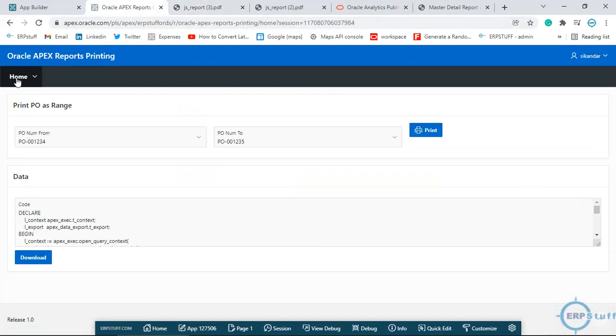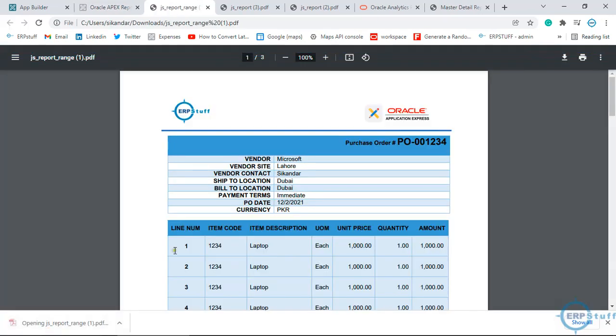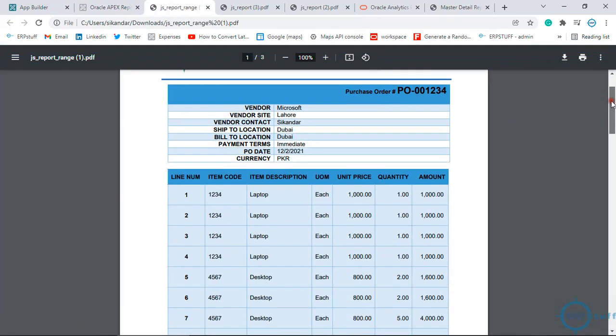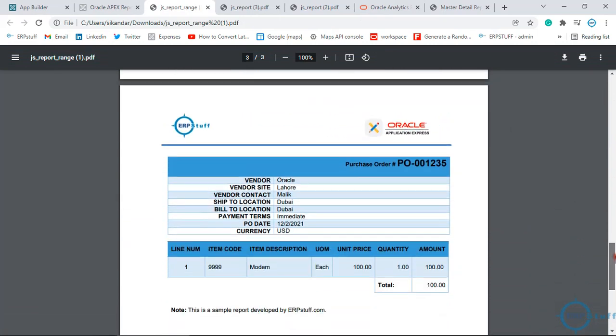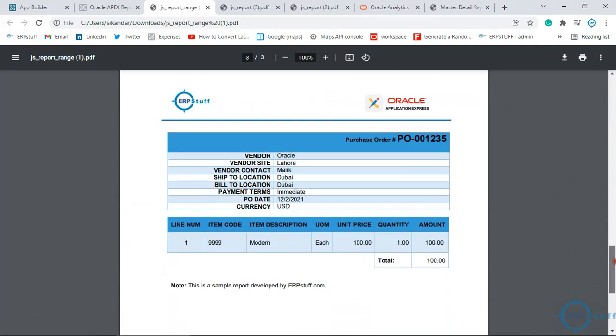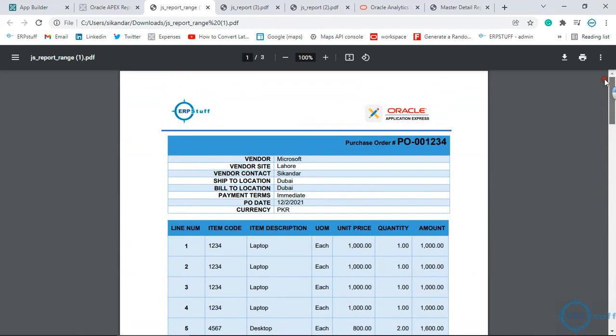Then in the home page I put it as a range, so you can have 1 3 4, and let me have this output as well. It is the same report, the template is the same, and if you see here, this is the first LPO purchase order, and this is the second on the next page, third page, and footers, right? Okay, now let me show you how the settings will work.